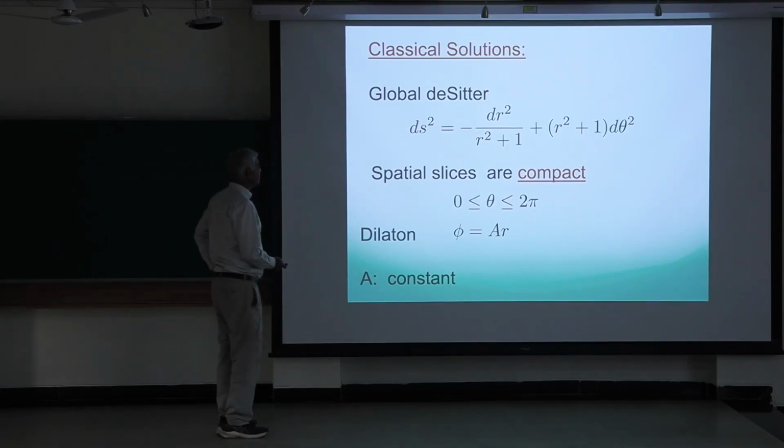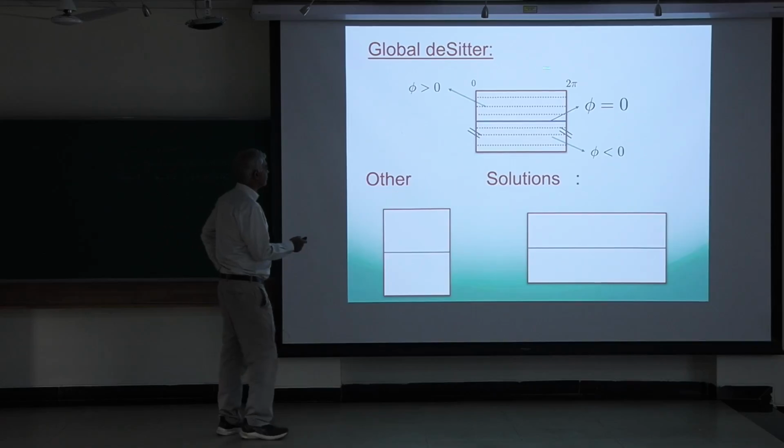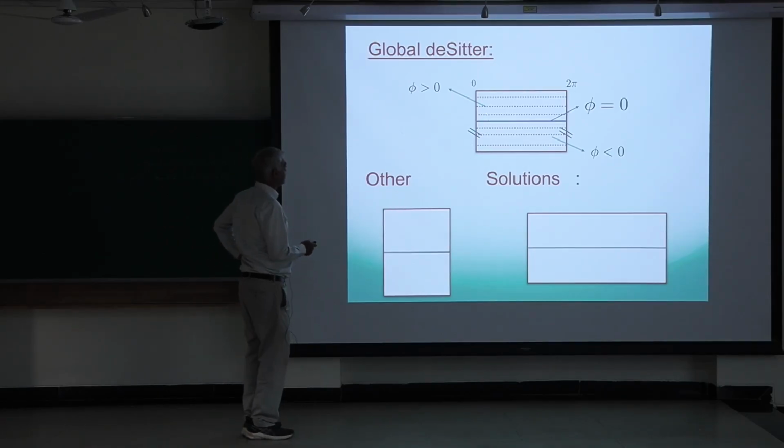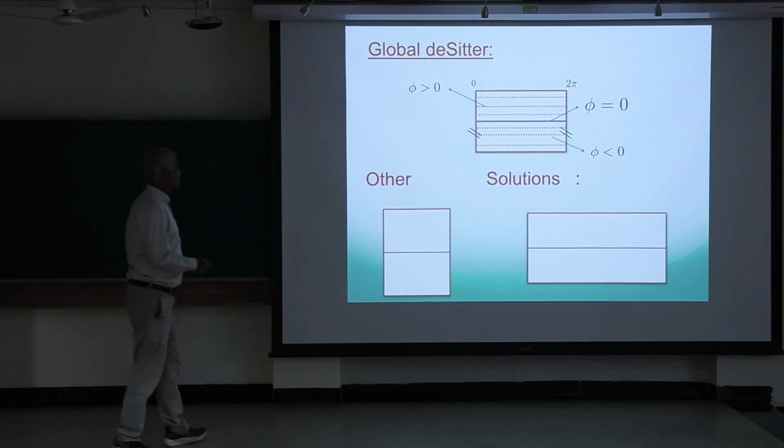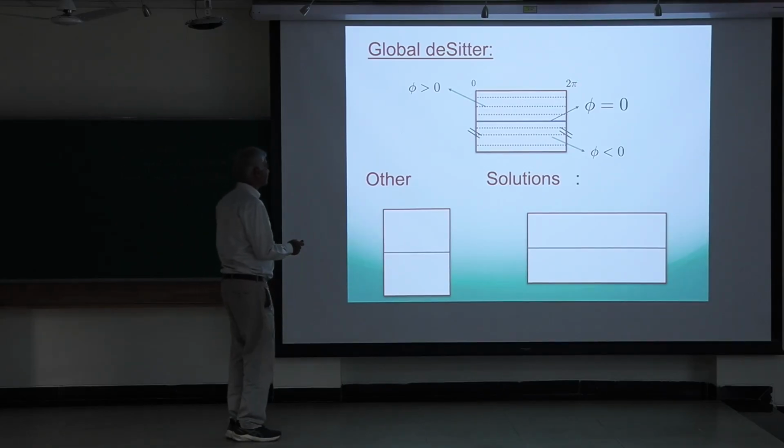and so it's a very simple solution. Now, in terms of a Penrose diagram, this is the Penrose diagram of de Sitter 2, and it is a rectangle. In higher dimensions, if you've seen the Penrose diagram, it's a square, but in 2 dimensions, it's a rectangle because theta, the angle variable, goes from 0 to 2 pi.